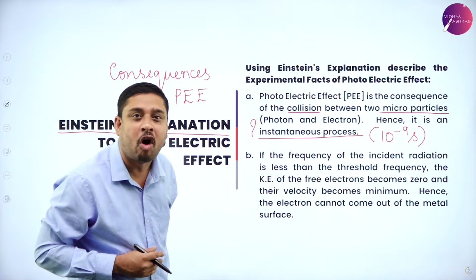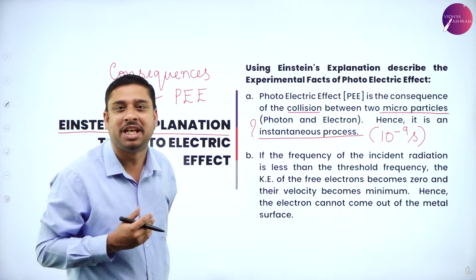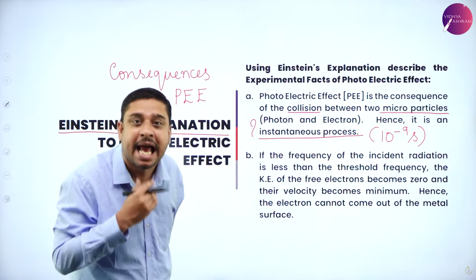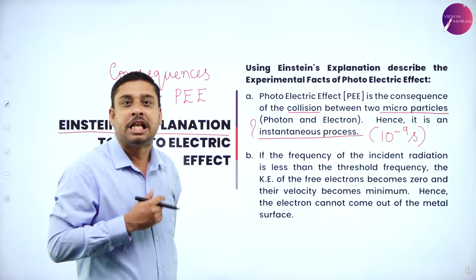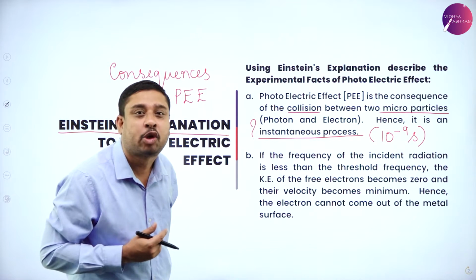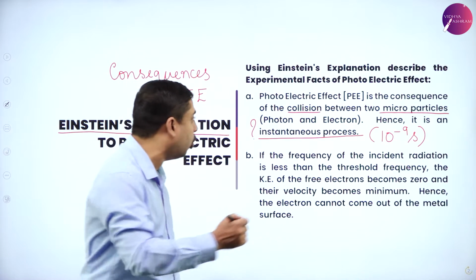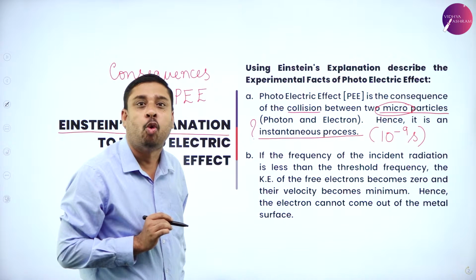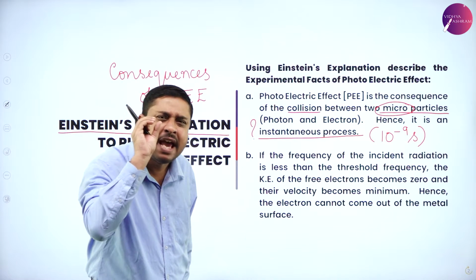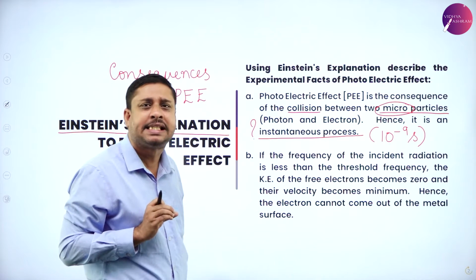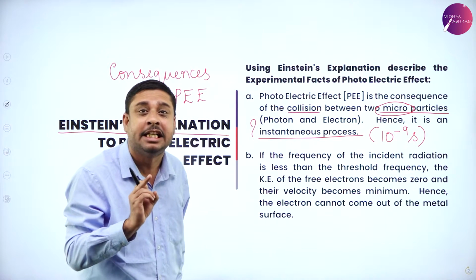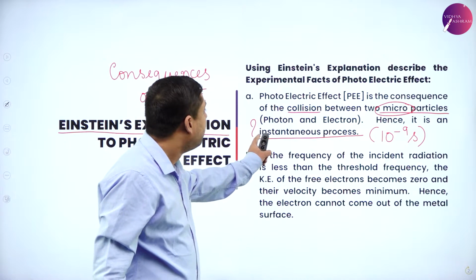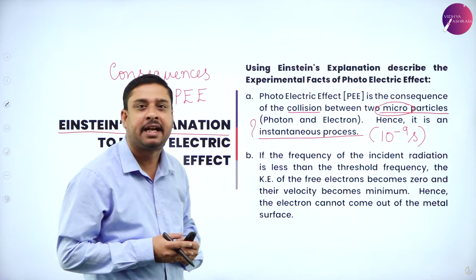The result is because the collision between a photon and an electron, the so-called elastic collision, is between two microparticles, two particles which are very, very small in size, two particles from the micro domain. Therefore, photoelectric effect is